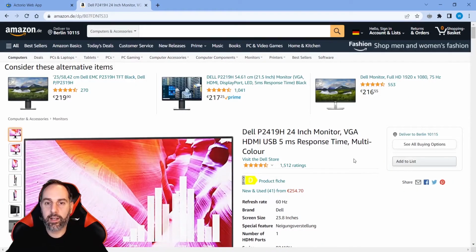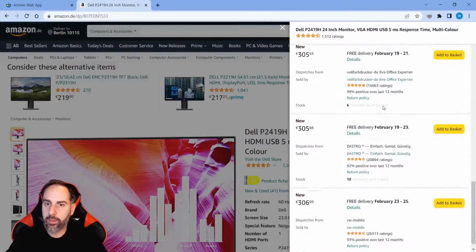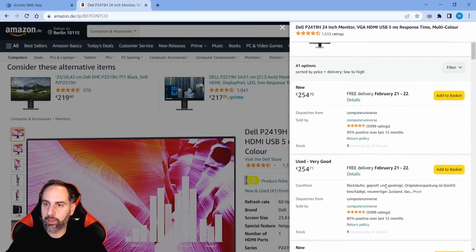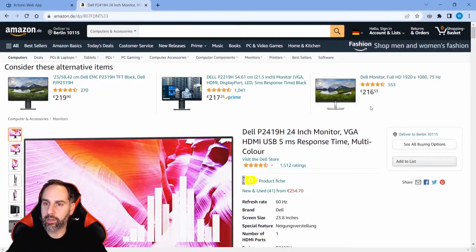So here we have another example of a product without a Buy Box, but in this case the product is currently in stock and offered by multiple sellers. As you can see here, we have 41 listings for this product in new and used conditions. So if we open the number of listings here, we can see there are many different offers from many different sellers. But despite the fact that there are so many offers, there is no Buy Box available on the product